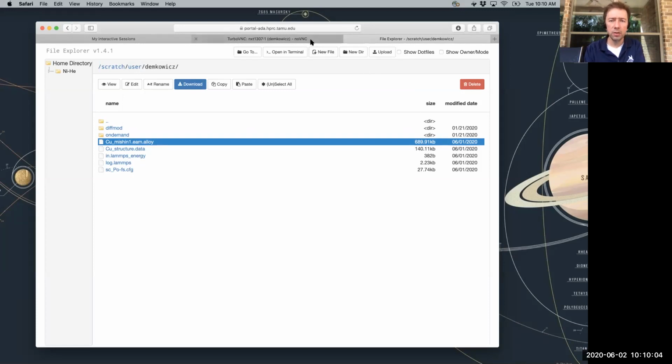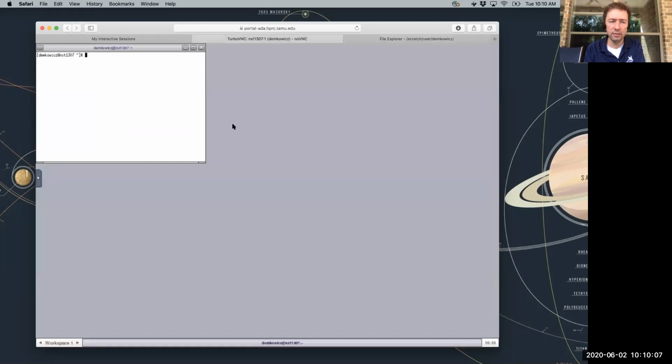Okay, so let's go back now to this session here, and let's go into this terminal here. This is a command line terminal. Some of you have had experience with this. Those of you who have not had experience with this may have participated in some of the HPRC tutorials which talked about this. Those of you who have not had experience with this and were not able to participate in the tutorials, you can, I think, view those tutorials online. I believe Lisa has links that can take you to those tutorials. They're also on the HPRC website, which is linked from the OREU website. So you should be able to do that.